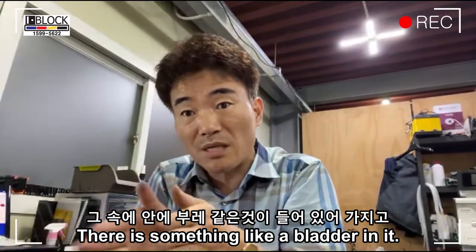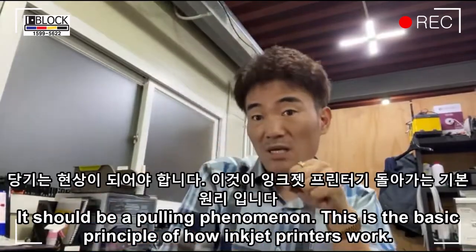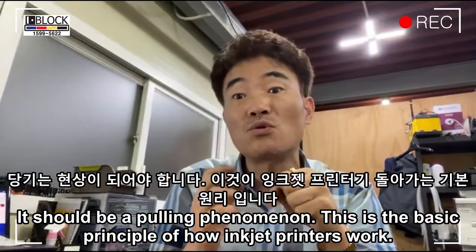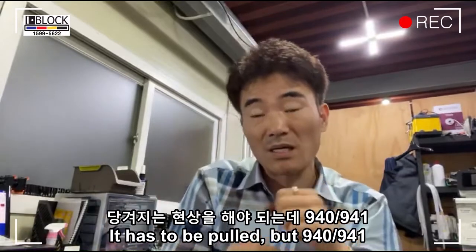There is something like a bladder in it. It just grabs the ink. Ink in the nozzle must unconditionally be a pulling phenomenon. This is the basic principle of how inkjet printers work. It has to be pulled, but